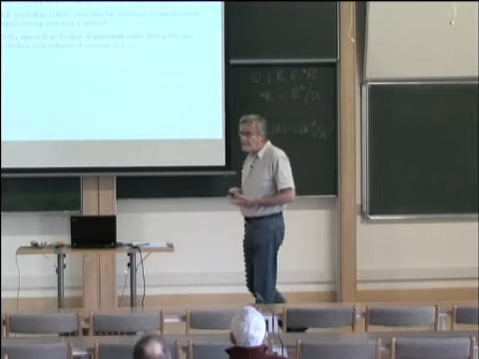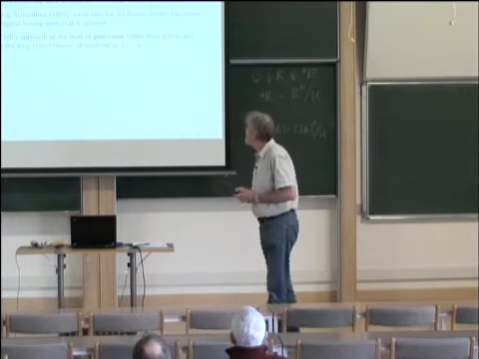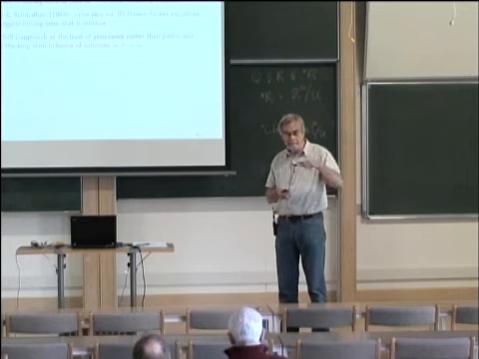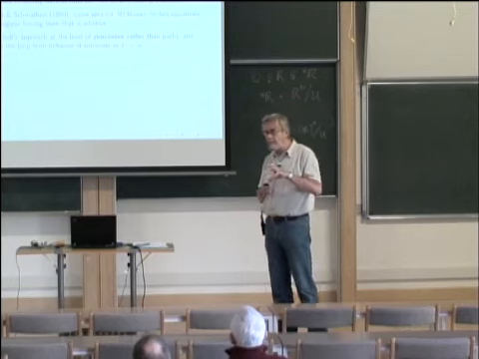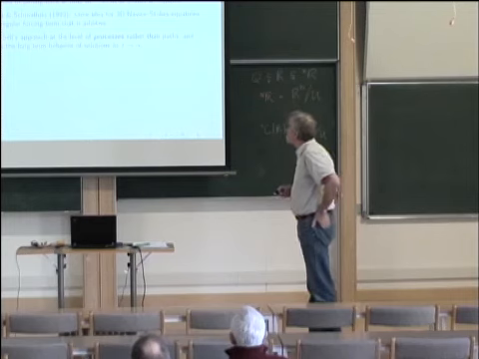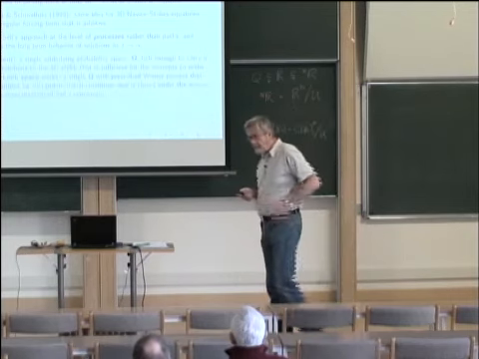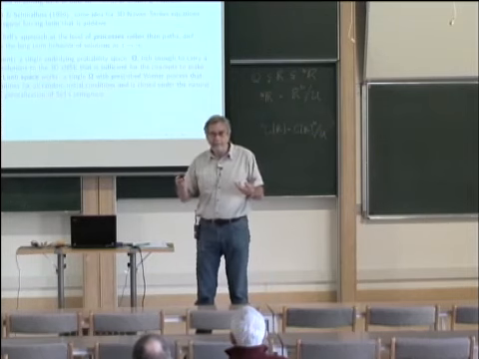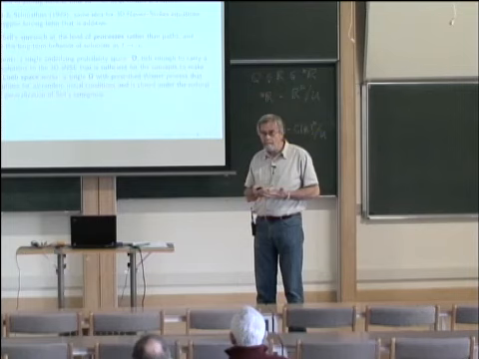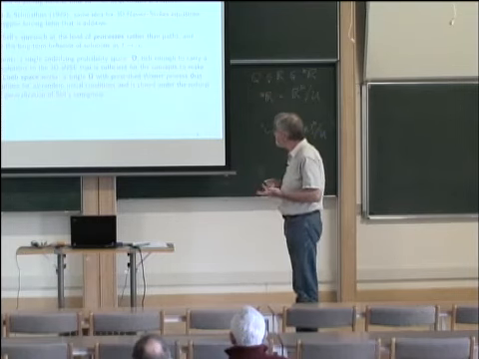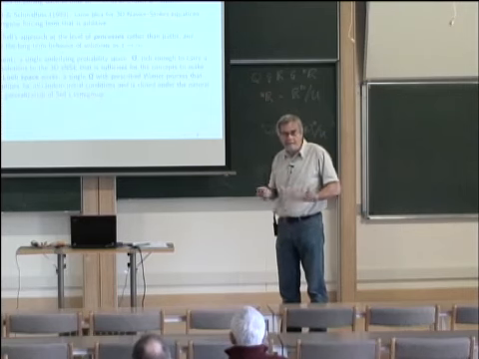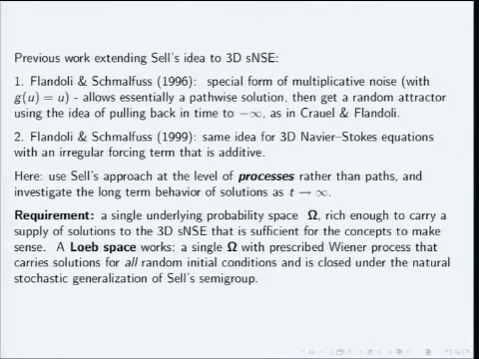So our idea was simply to work at the level of processes rather than paths. So instead of the objects of concern just being individual solutions in the deterministic setting, the objects that we deal with are complete stochastic processes, the whole thing. Now, if you're going to have an arena, a playing field where all this makes sense, you've got to have some sort of probability space which is going to have built on the same space with the same driving Brownian motion a whole host of solutions. There's got to be a lot of room in the space for a lot of things to happen.